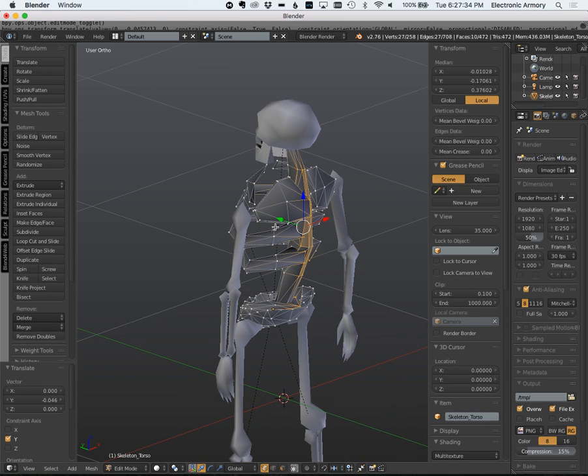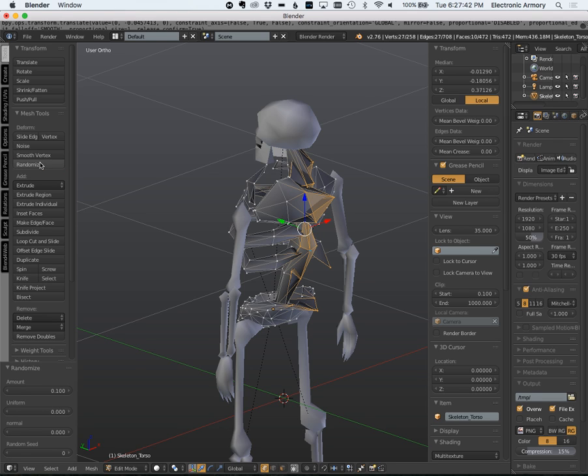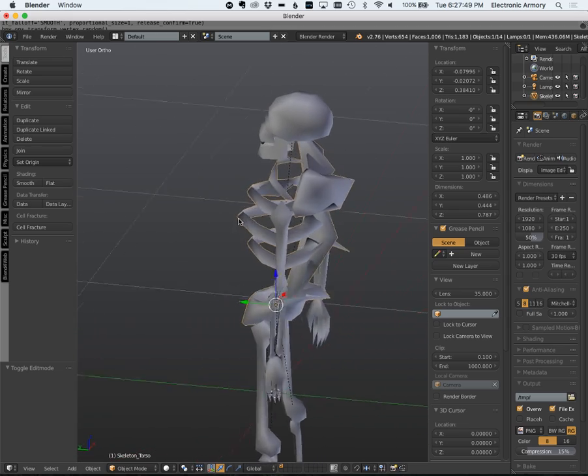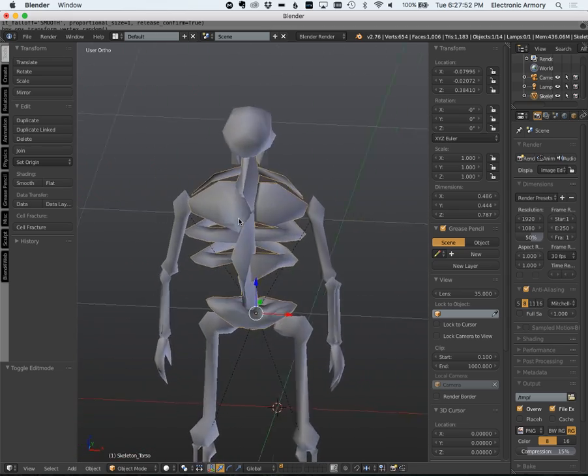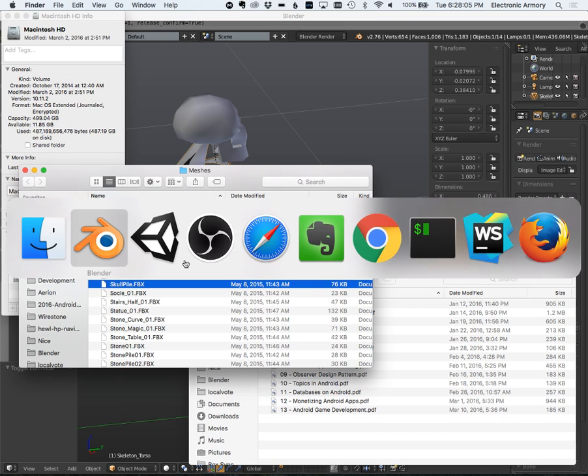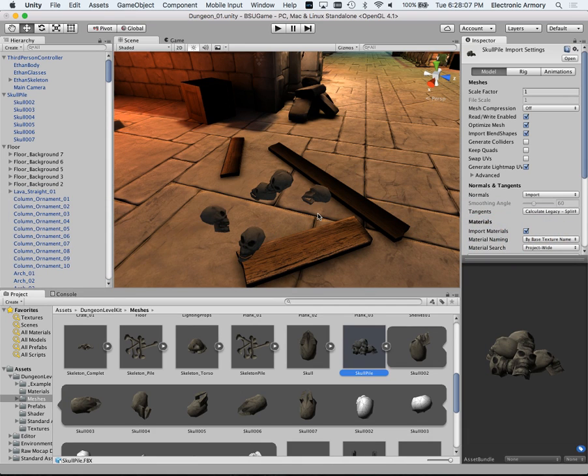And let's see, maybe I'll try to get fancy and do some randomization on these vertices. So I just hit this randomize button. It takes all the vertices and just jumbles them up a little bit. And if I tab out of that, you can see now my mesh has seriously been altered. That's kind of a cool effect, kind of like a mutant or something like that. And what I can do is save that FBX file, re-import that in, and now I've just changed my model. I won't do that at the moment, but that's how you can manipulate stuff that already exists